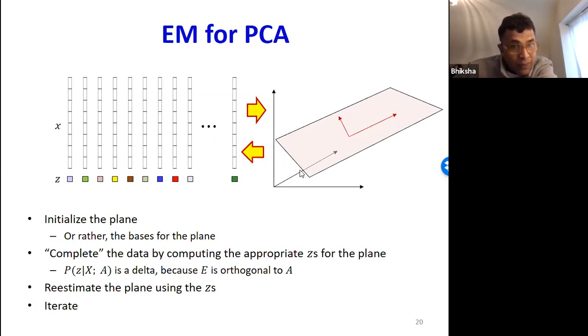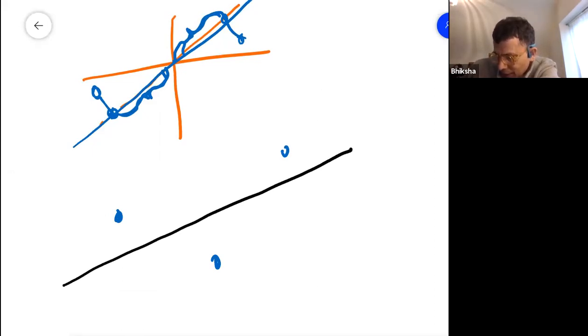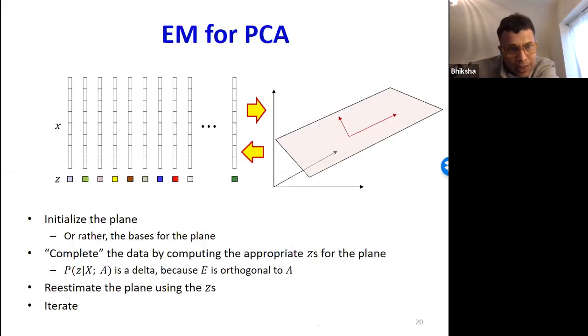Then if I give you an initial estimate for the plane, I can estimate the Z's for every data vector, because it's very easy to compute the perpendicular drop on the plane for the data vectors. So the first step is to estimate these Z values for each of the data vectors.